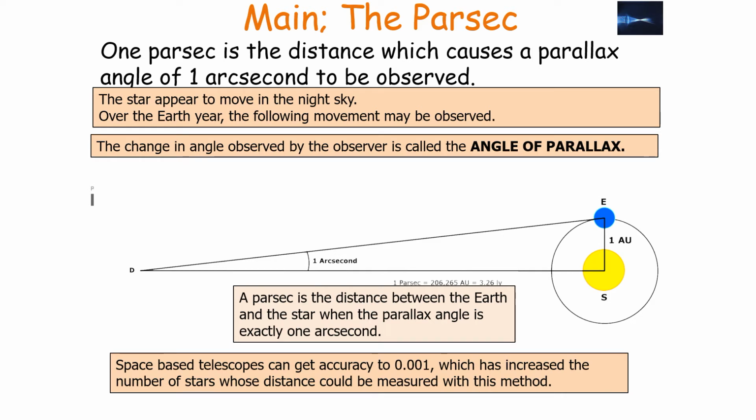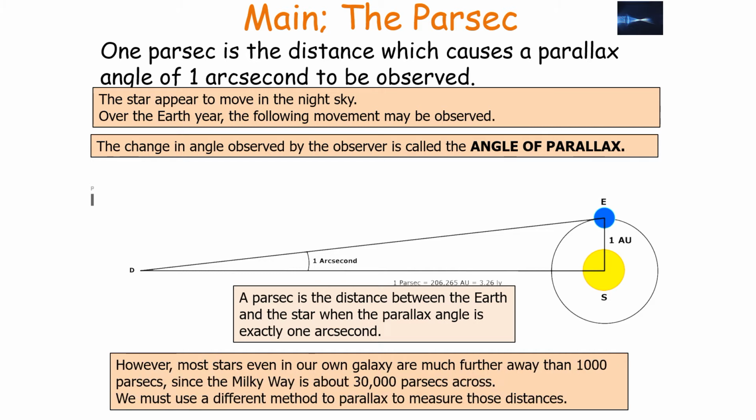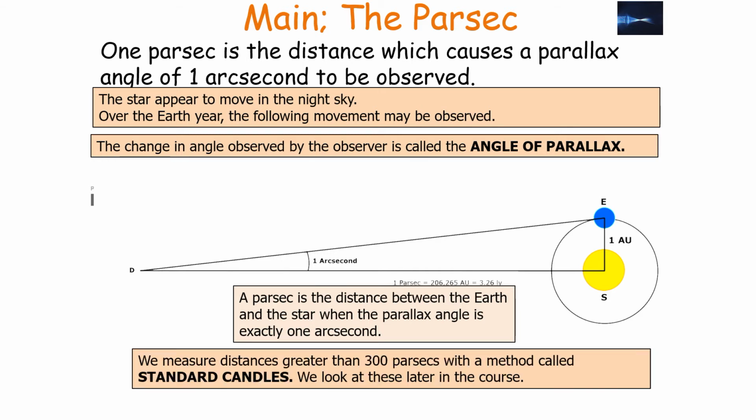Now space telescopes can get this to about 0.001, which has increased the number of stars whose distance can be measured using this method. But we've got to use a different method to parallax to measure distances to galaxies, which are about 30,000 parsecs away. Now, we can measure distances greater than 300 parsecs with a method called standard candles, which we'll look at later